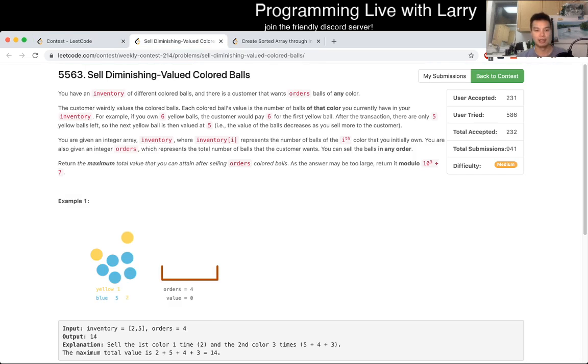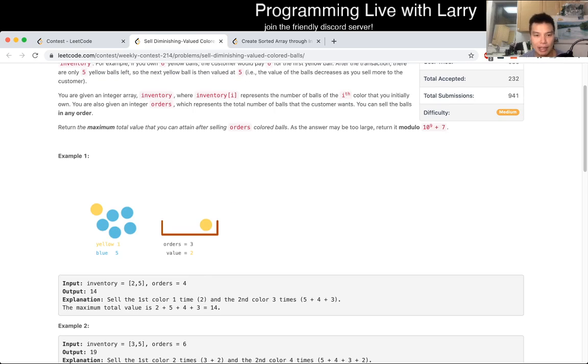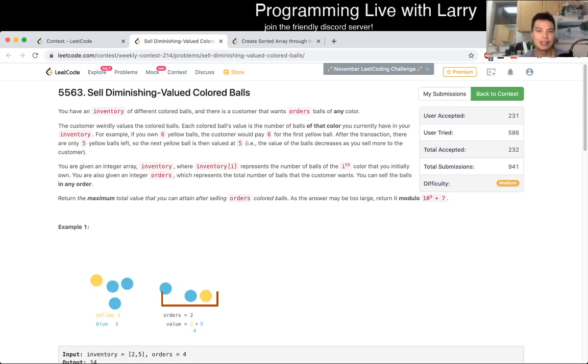So for this problem, I think there are a couple of things to understand. The core concept of this problem is greedy. So what does that mean? As I mentioned, maybe in other videos, greedy means a lot of different things to different people, and there are different ways to be greedy, and sometimes you're right and sometimes you're wrong. In this case,